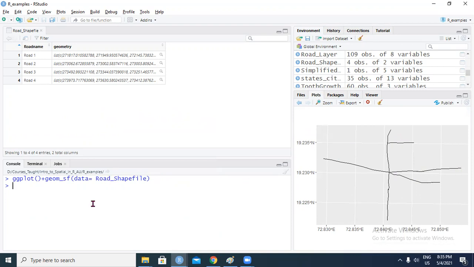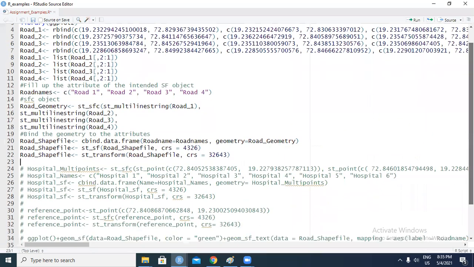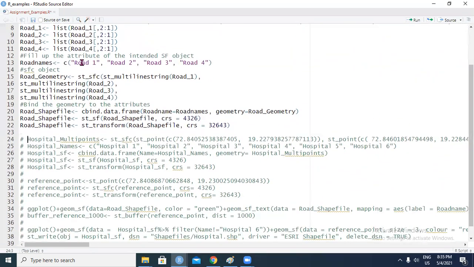Similarly, if we want to do it for the hospital, you can create a multi-points matrix with the coordinates, as we had talked about in the previous video. However, the problem is that when you use st_multipoint, it records it as a multi-point geometry, but we want individual points simply because we want to be able to join it to the attributes.